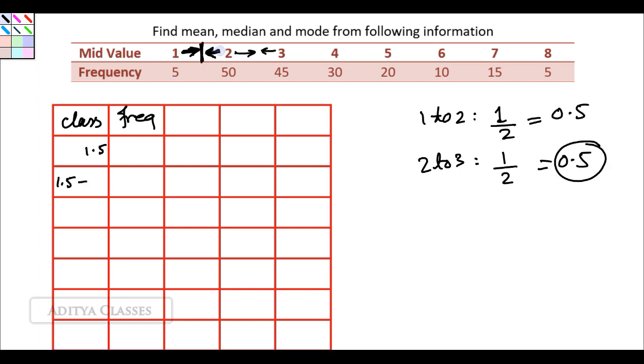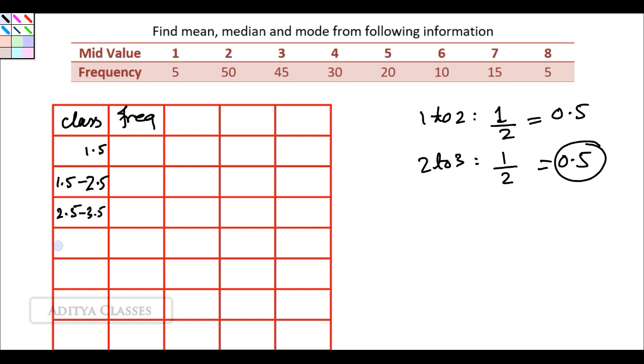So this 2 is going ahead by 0.5 becoming 2.5, and this 3 is coming down by 0.5, so it is becoming 2.5. And similarly we see there are gaps of 1 everywhere, so we can just go ahead and create our class